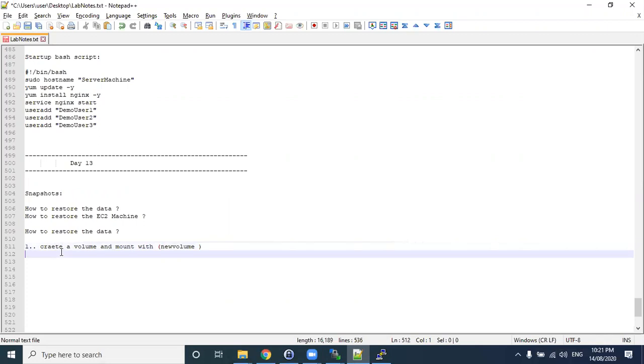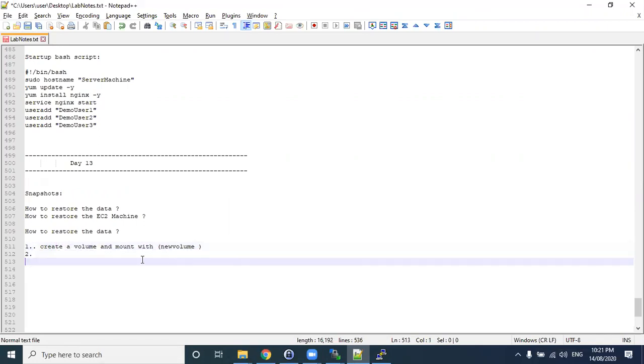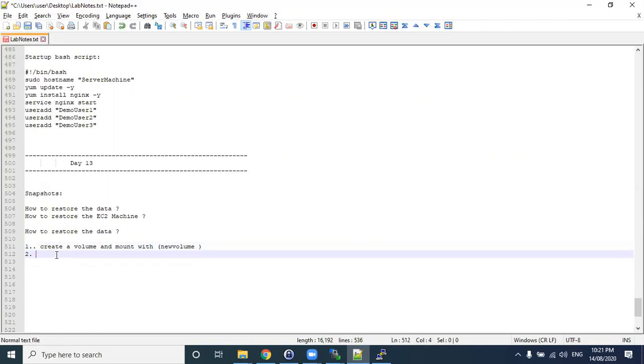Okay. Then let us take a snapshot of this 2GB, this new volume folder. New volume 2GB. This 2GB, right? The memory we have taken, the 2GB volume.